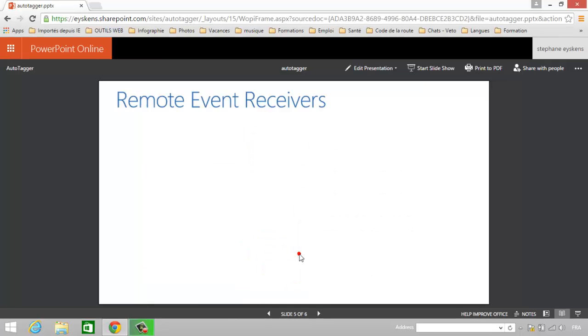In the remote event receivers, I'm actually targeting item added. So this is really when documents are created or uploaded. The tagging itself only occurs at that moment. So I'm not using item updated